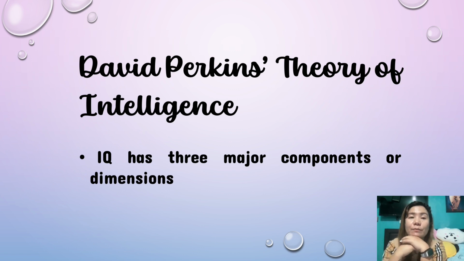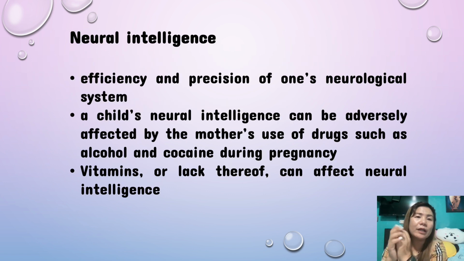IQ has 3 major components or dimensions. So, according to David Perkins, we have the 3 major components of IQ. We have the neural intelligence, efficiency and precision of one's neurological system. Okay. A child's neural intelligence can be adversely affected by the mother's use of drugs such as alcohol or cocaine